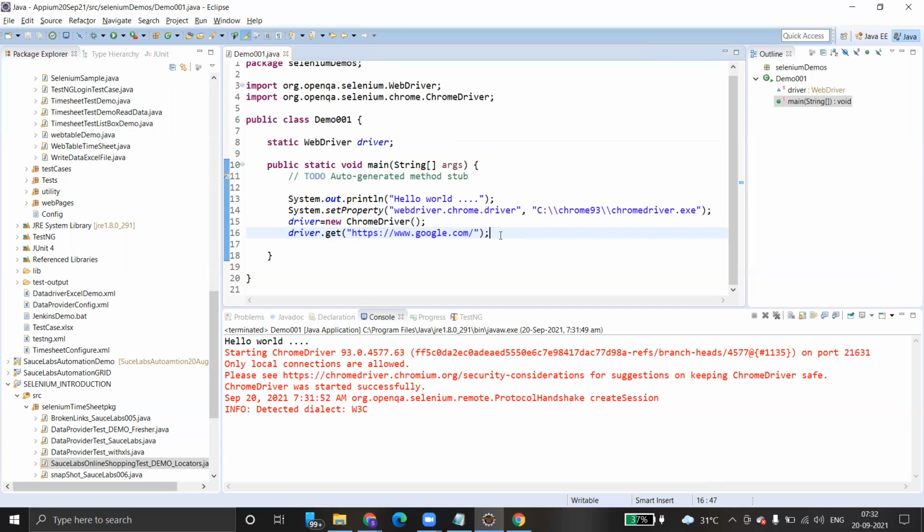It's not part of Selenium Java. So we have to download this Chrome driver then. Yes.